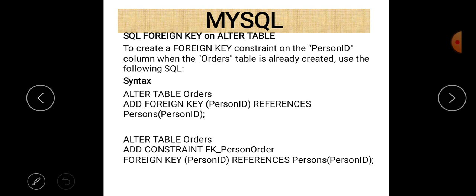So this is the syntax to add a foreign key using the ALTER TABLE statement.